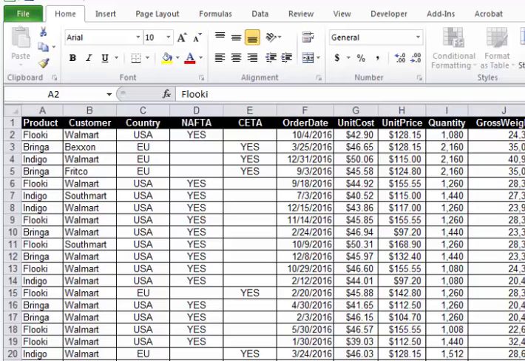to take an existing Excel file like the one you're seeing. This is the Send Call Data Excel file that you can download. It has several columns with product, customer, country, NAFTA trade rules, CETA trade rules, order date, and so on. This data should look familiar. We could take this and import this into Access, and it will create a ready-made database based on those columns